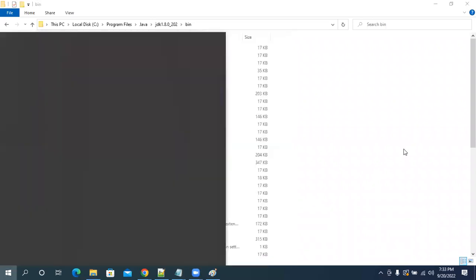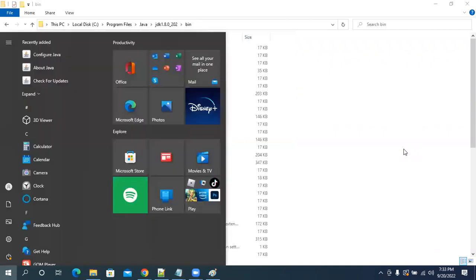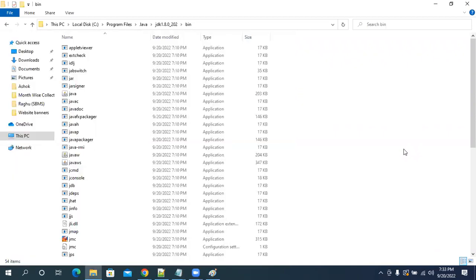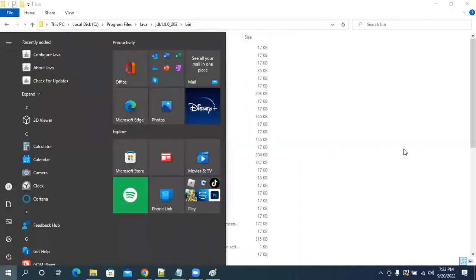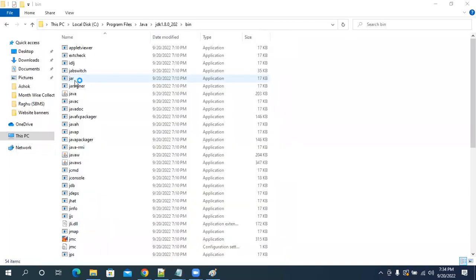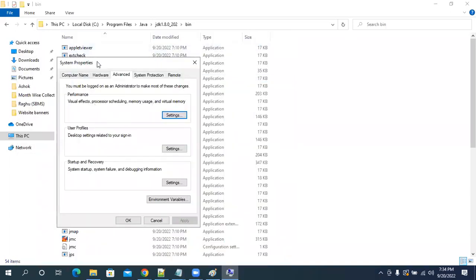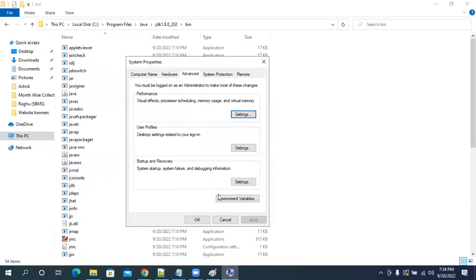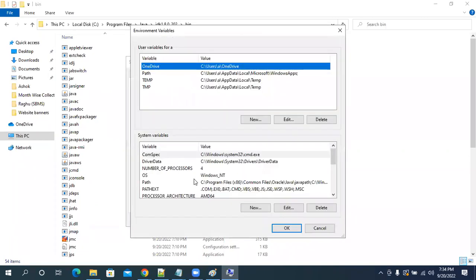How did I open that option? Go to Windows search option. We have a Windows key, right? When I press it, search opens. There I am typing environment variables. What is the option I'm typing, guys? Environment variables. Edit the system environment variables. Then one window opened. Here we have the option called environment variables. In this, we have user variables and we have system variables. User variable is nothing but specific to one account. System variable is nothing but for all accounts.